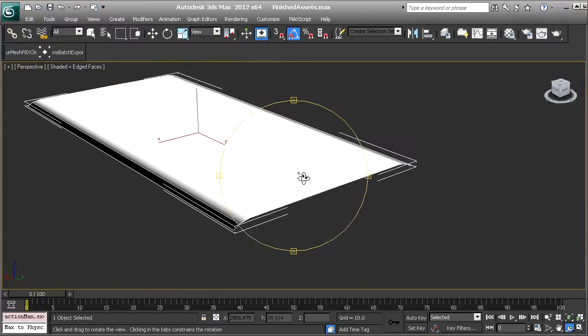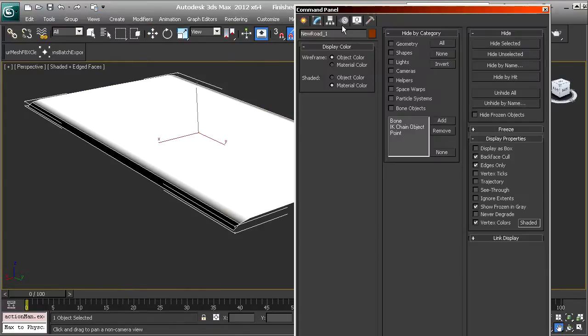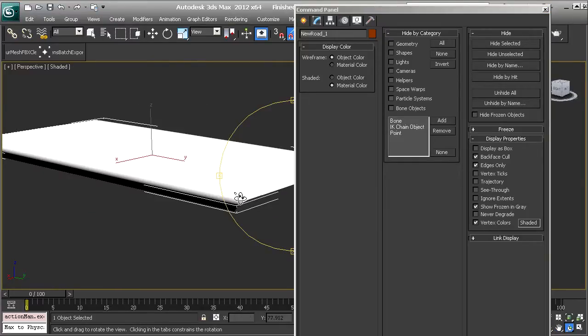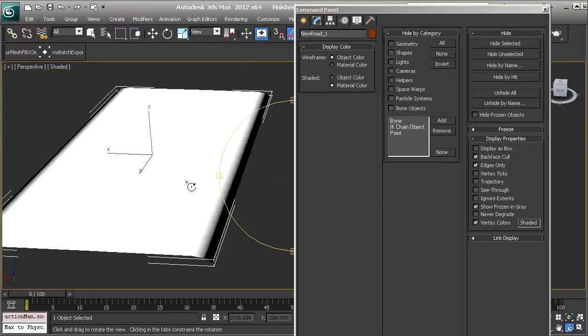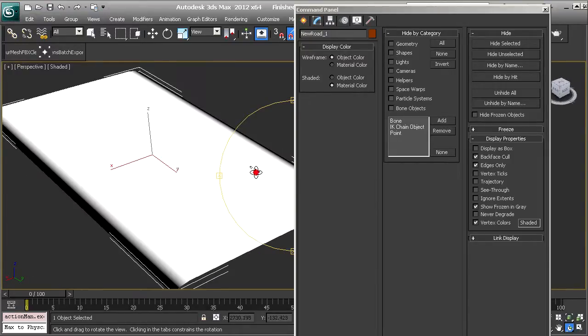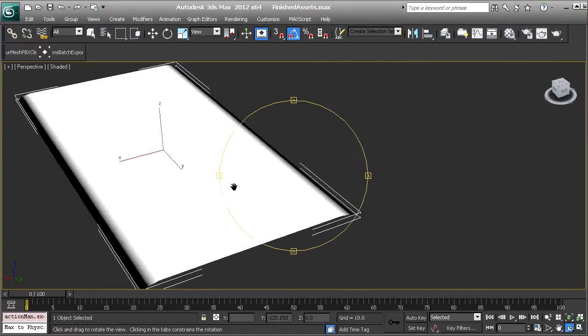You can also turn on the vertex colors. It's in this tab, and then here it says vertex color. So I enable that, and you can see it's indeed black on the edges, but the middle is white. Now the sand will become where it's black, and the road, the asphalt, will be where it's white. Then if you were to export that again,